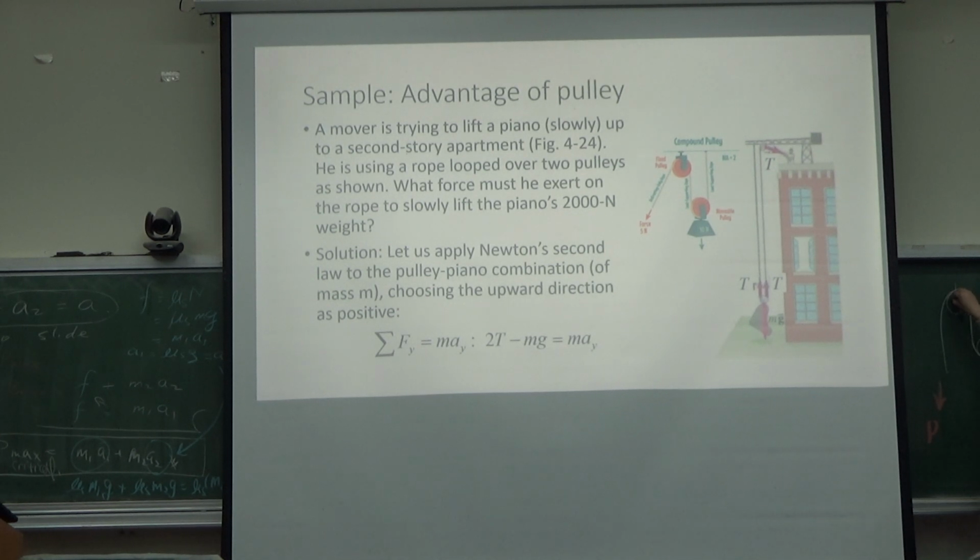This is the fixed pulley. Assuming there is no friction, the cable will perfectly transmit the tension. This is the first tension. This one, if you make the cut, this will be. This is what you practiced before. And then what are you going to write? You are writing the equation for